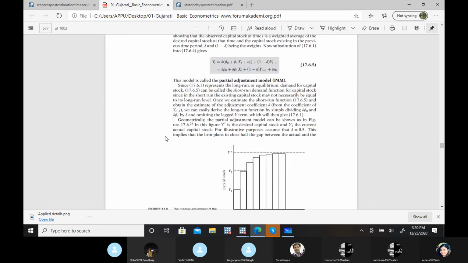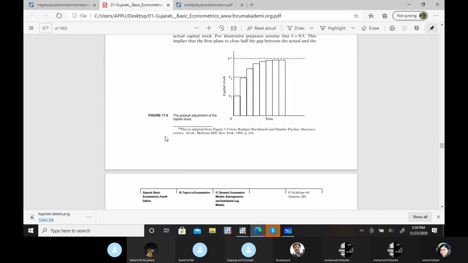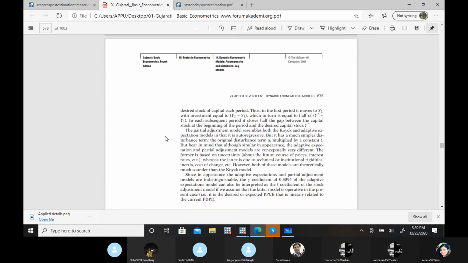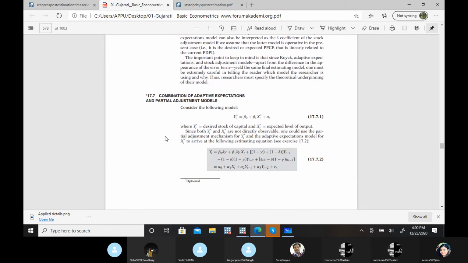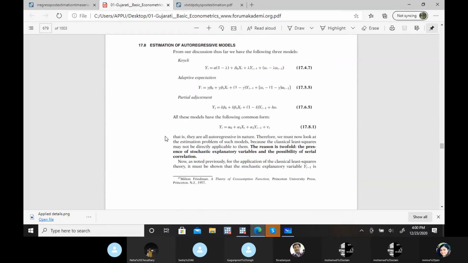I can understand that, but still this econometrics teaching method needs to change. I strongly believe it needs to change. Otherwise, we lose all the fun in econometrics. Why is it so boring? This is the reason: we always deal with the equations only, not the idea behind those equations.